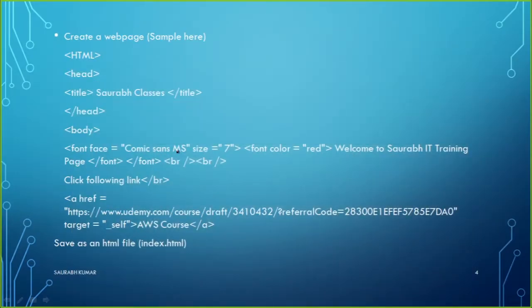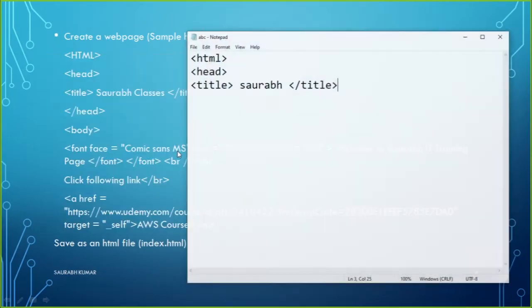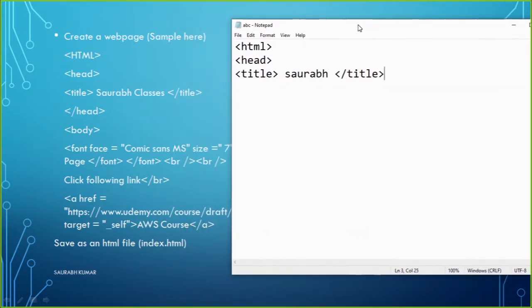If you start adding some information there, it is going to be added on the website too. For example, first let me close the head, then I will be able to add the body. So slash head means closing the head part.